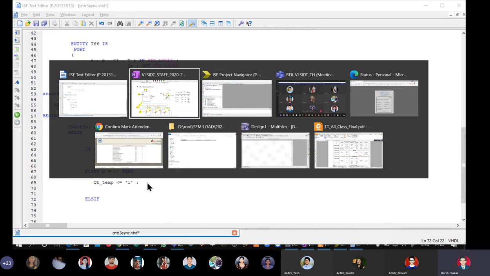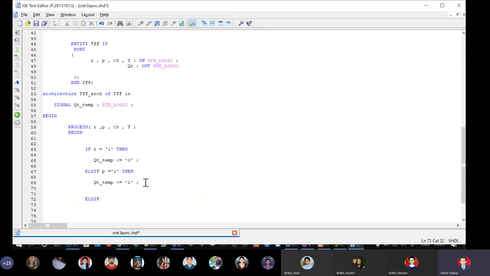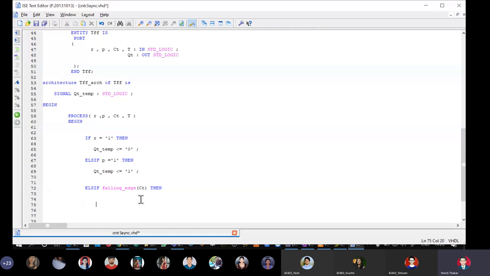Else if, now it is a negative edge triggered system, so we have to use if falling_edge of CT. Okay, CT, because our clock is not CLK, it is CT. Then we can say here, now we will say again if T equal to single tick 1, then output should complement.